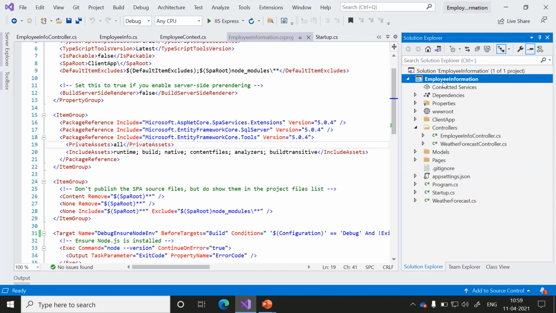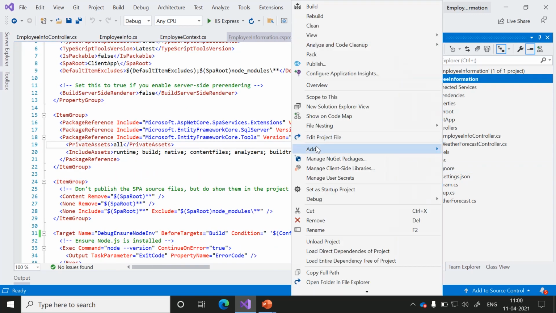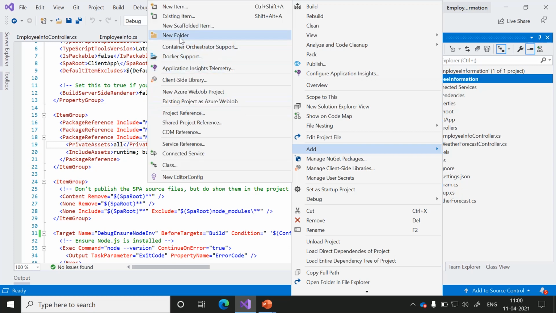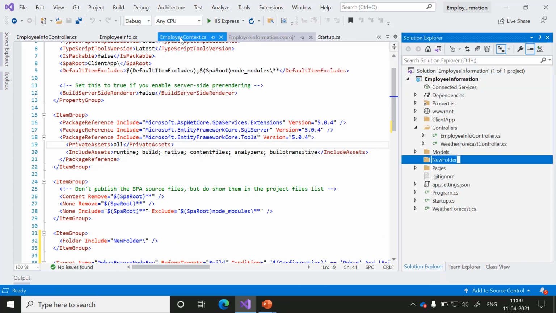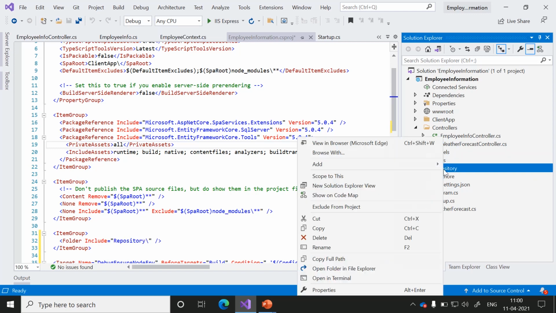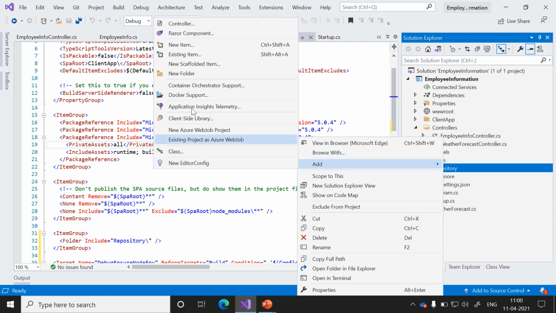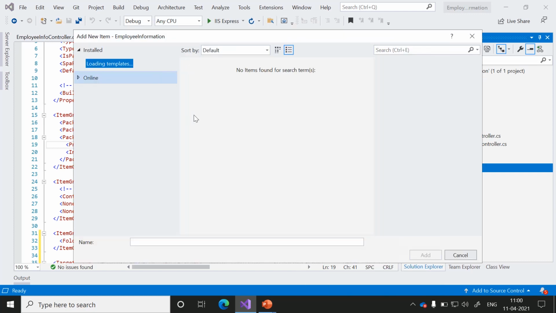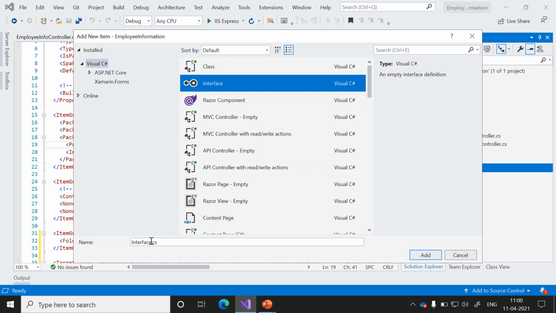Right click on the employee information, add new folder, naming it as repository. Now we are dealing with employee DB operations. That's the reason. Create a new item, interface, name it as IEmployeeDBService.